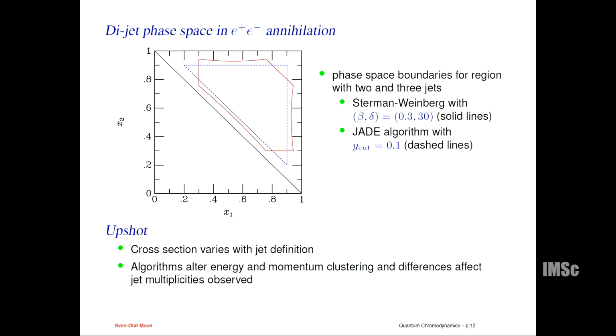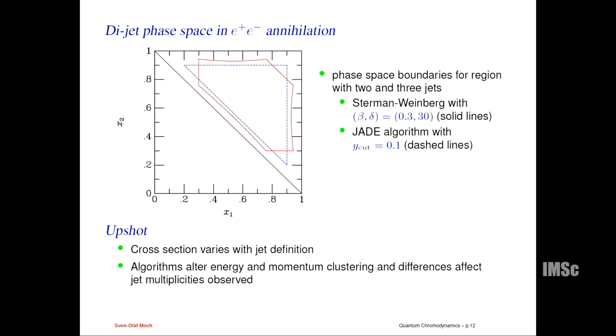So anything inside here, this is then an integrated dijet event, and you see that all the soft and collinear singularities here, they have been cut out. If you take instead a Durham jet algorithm and you put a y-cut of 1, and you map the available phase space, then you get this blue dashed triangle here. So you see, depending on the jet definition, you cover different areas of the phase space. It also means your cross-section is different, because you're cutting away different parts.